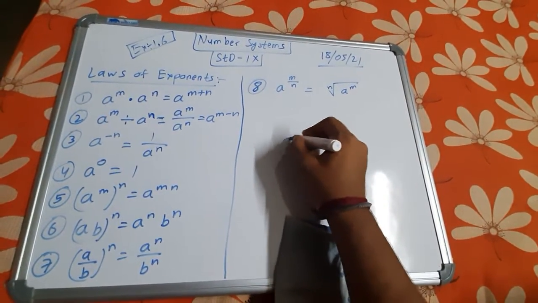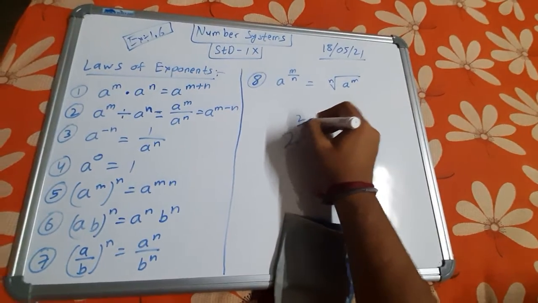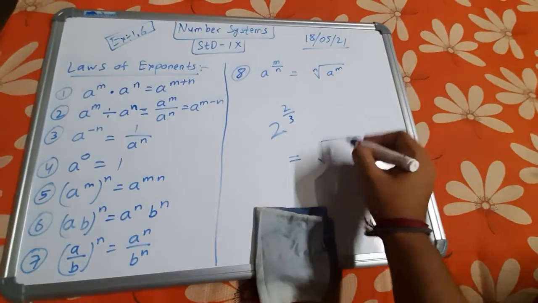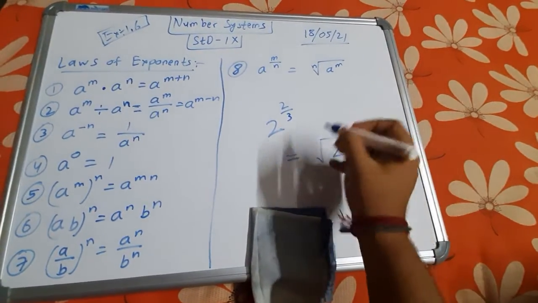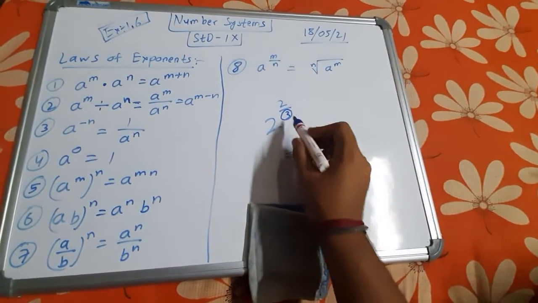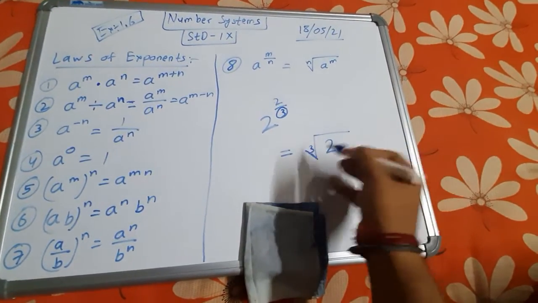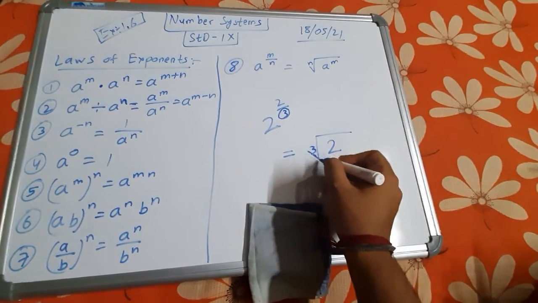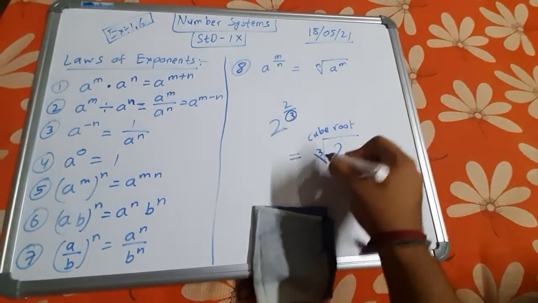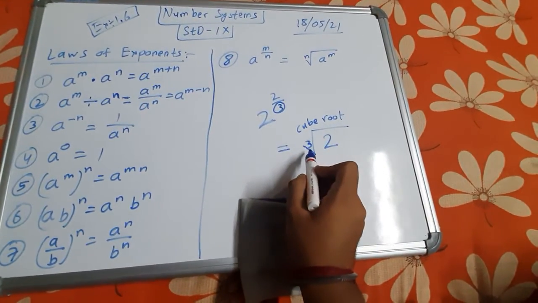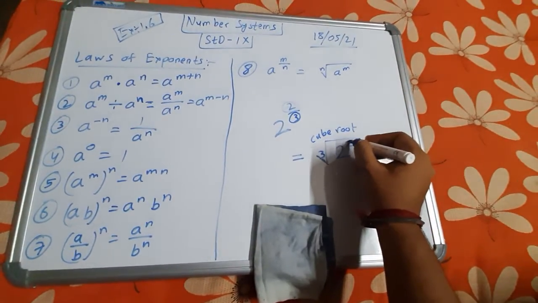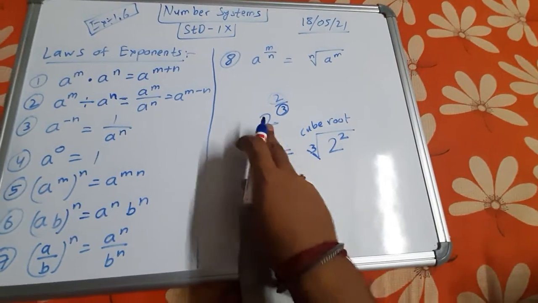So 2 to the power, suppose 2 by 3, let's say 2 to the power 2 by 3. So what happens is you give a root, take the base under the root. And what root will it be? This will be mentioned by the denominator. So it is 3, and you know that if 3 is present in the v of the root, then it is the cube root actually, cube root. Because this 3 is in the v of the root, the denominator goes to the v of the root. That means it's a cube root, and this numerator will go to the power of the base. Okay, so it will look like this.